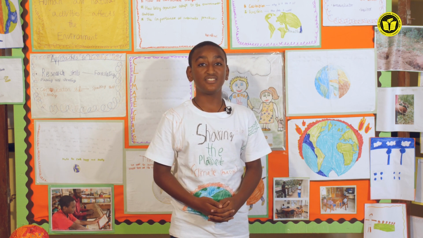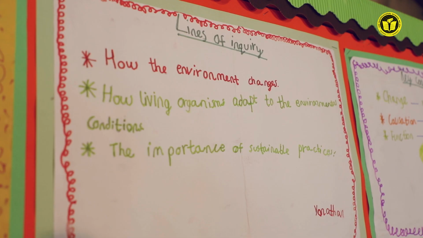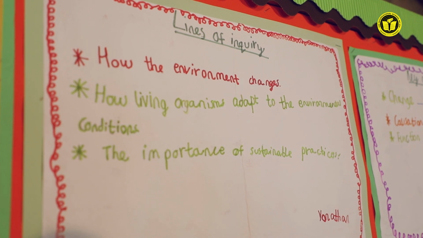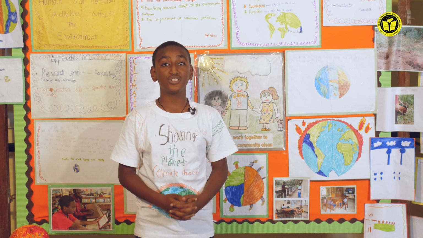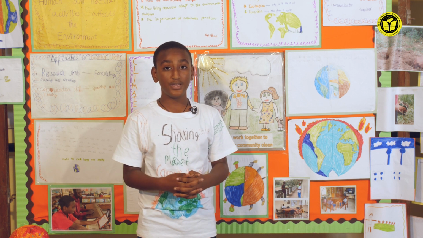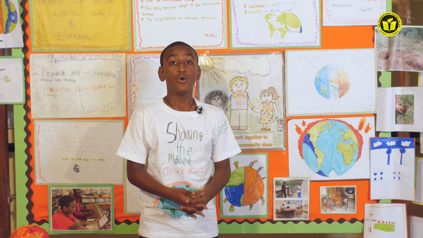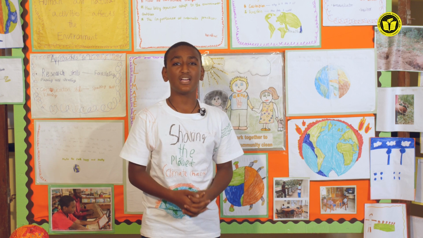Next, I investigated deeper into my lines of inquiries. My first line of inquiry is how the environment changes. But how does the environment change? The environment changes in both negative and positive ways. The negative ways can be when more greenhouse gases are being released into the air and more trees are being chopped down. For the past 2 years, unfortunately, it has been changing in the negative ways. We have only been releasing toxic gases into the air, and we have been chopping down trees. And the amount of trees being chopped down has been increasing every single year.